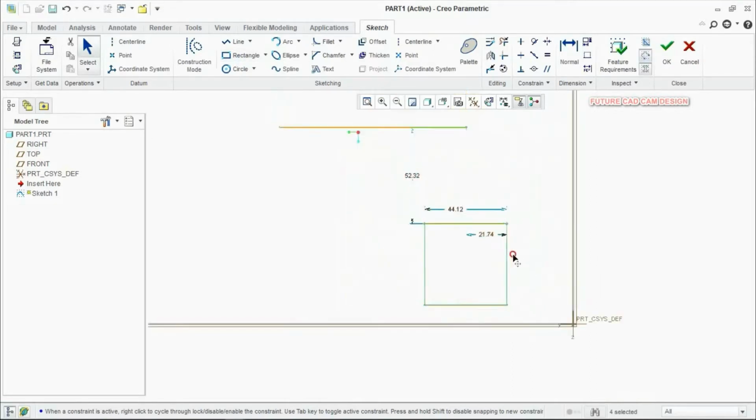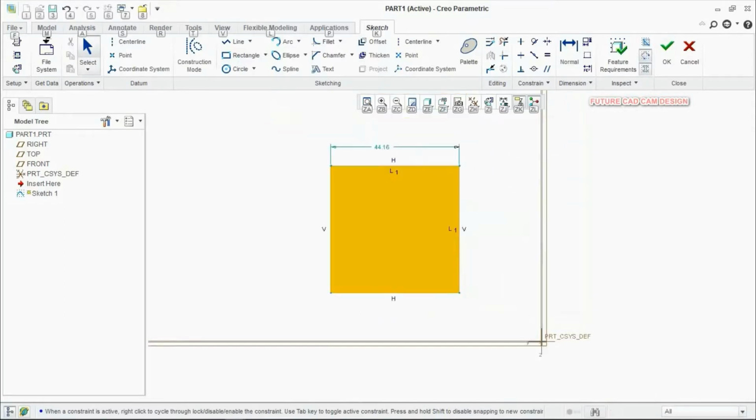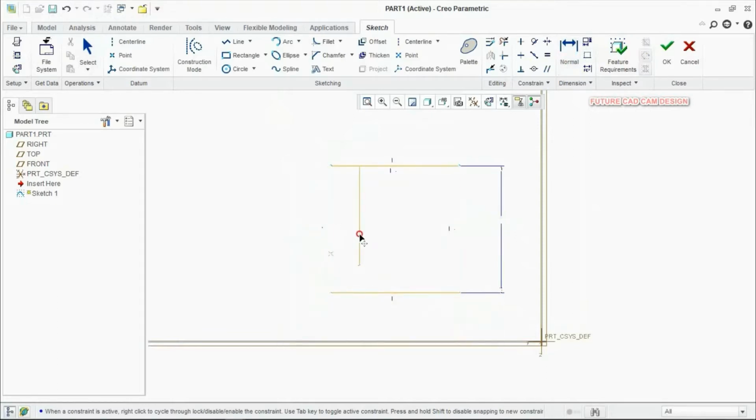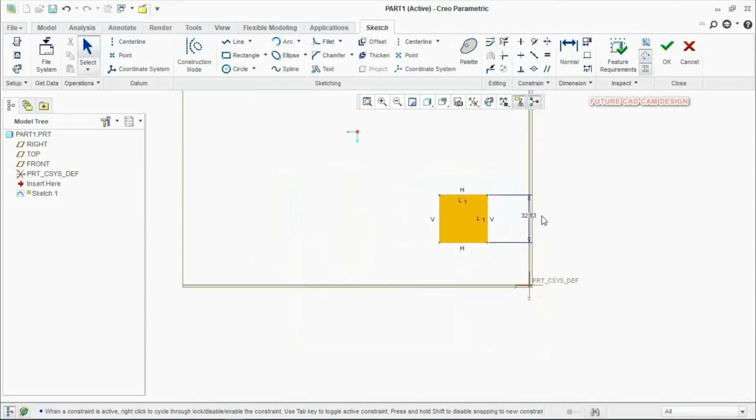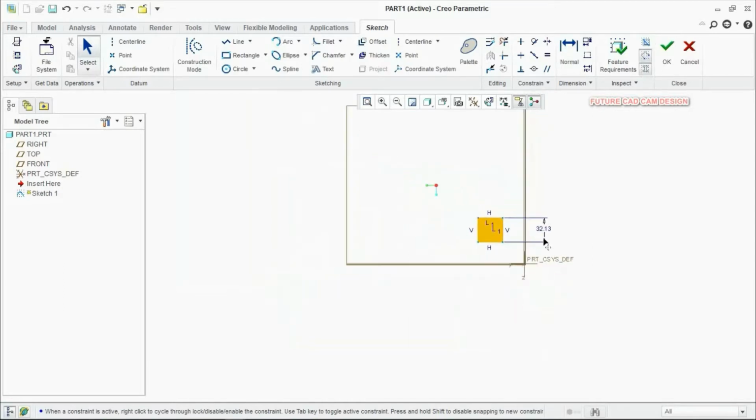If I make one more square again, here you can see the difference. If I move the sketch, you can see the difference. The dimension of the sketch is also changing. So using the scroll button, I am clicking the edge of the sketch, and then I am moving. The dimension of the sketch also changes. So we need to make all the weak dimensions strong dimensions when we are making a sketch.